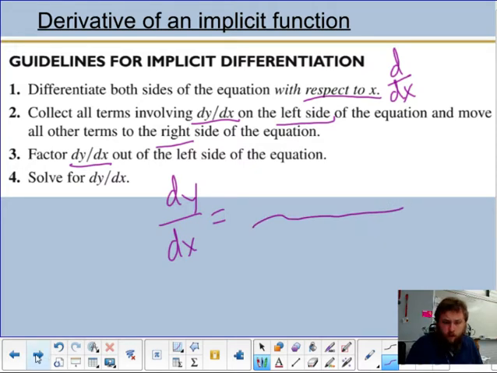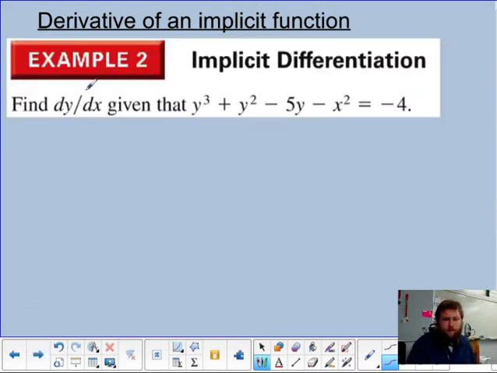That's what we're gunning for. So let's try an example like that. So I'll find dy/dx given this equation right here. Differentiating each of these, the first one, y cubed, is going to end up being 3y squared dy/dx